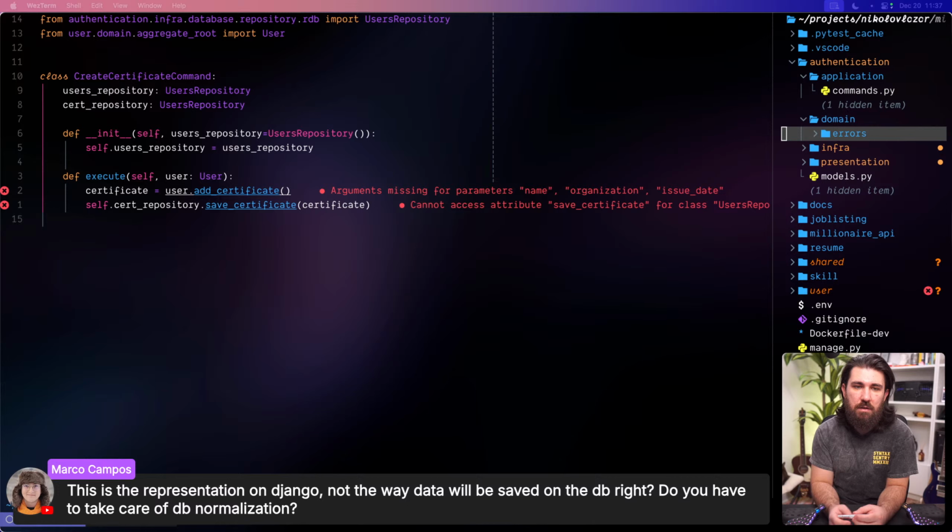Do you have to take care of the DB normalization? What do you mean? Representation on Django, but not the data, the way that will be saved on the DB? That's what I'm saying. Let me show you the